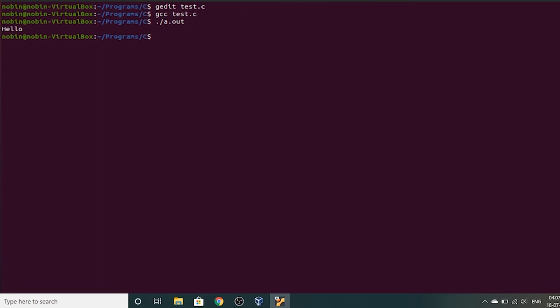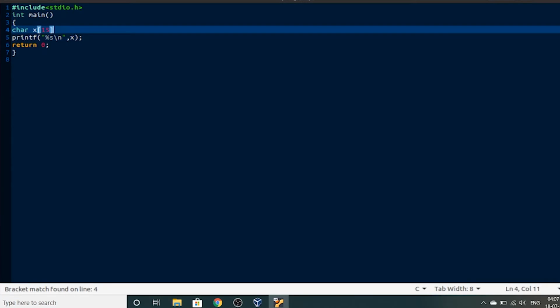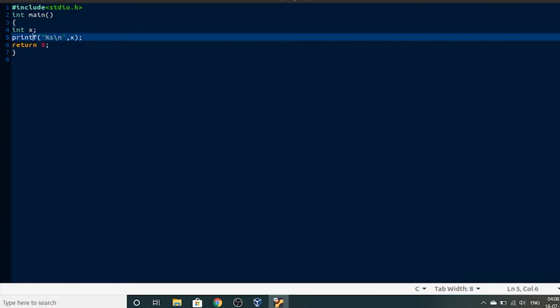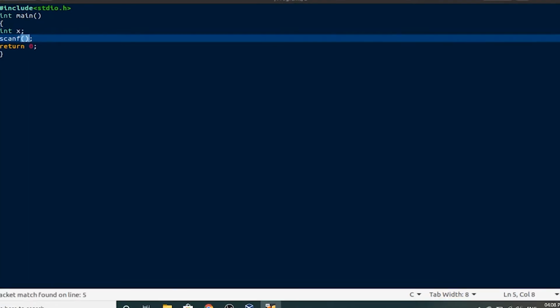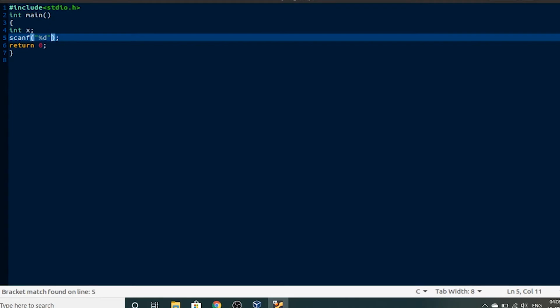For output, now we're going to see input. For input, it's a little bit different. We declare the variable first. We don't initialize it. I use int here. Then we use a function called scanf. Similar to printf, you use format specifiers. So I want an integer value, so %d. Then after the comma,